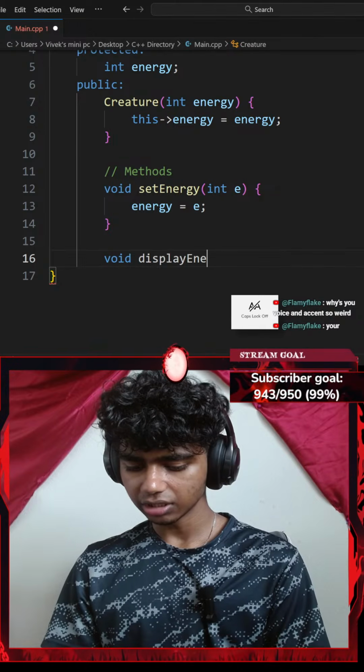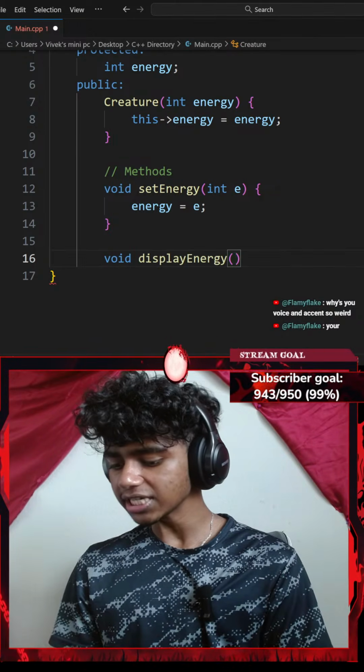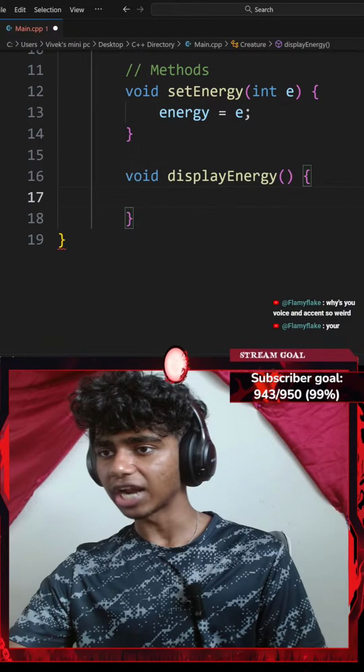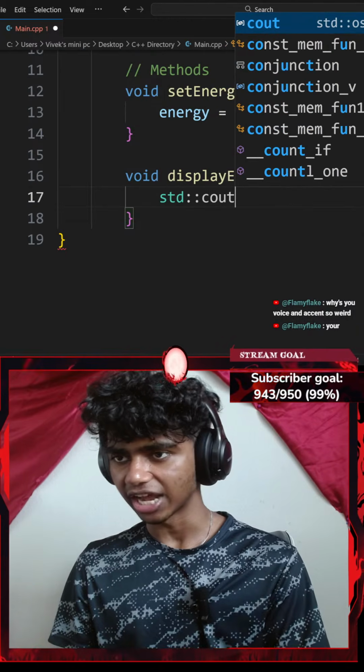Okay, display energy with a pair of parentheses. My display energy method won't have a parameter, although it is going to be having a standard console output with